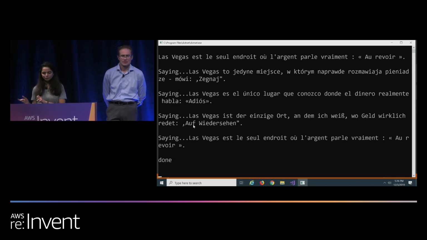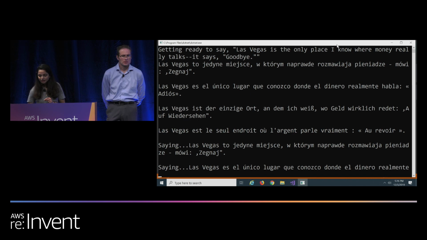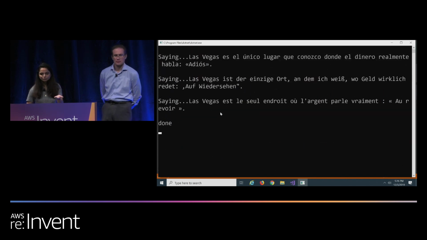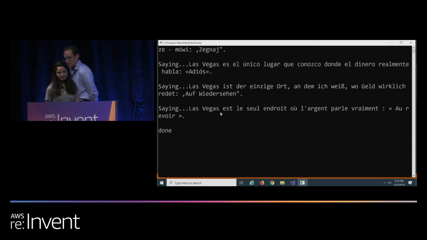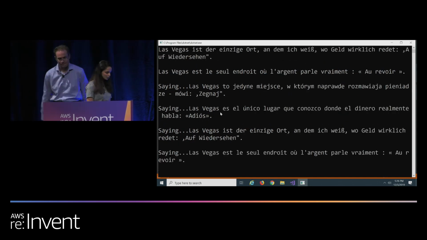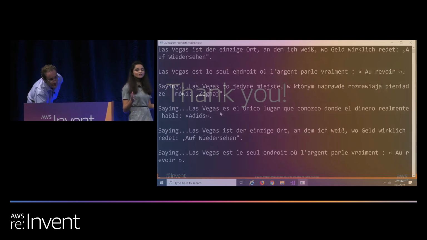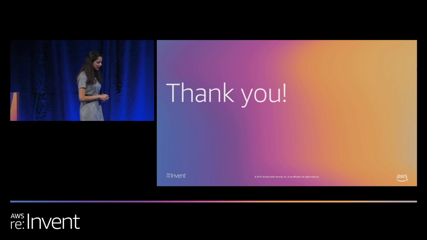So you can see how it gets the goodbye right, and you can also see that we had a dash in our sentence, right? It did not say that dash while speaking back to you. Poly recognized that it did not say that dash, so it recognizes all those punctuations and everything. So that's Translate and Poly for you, and these are all the services that we have for you today.